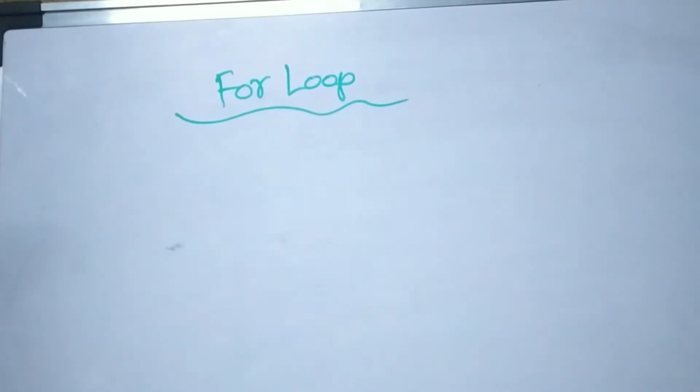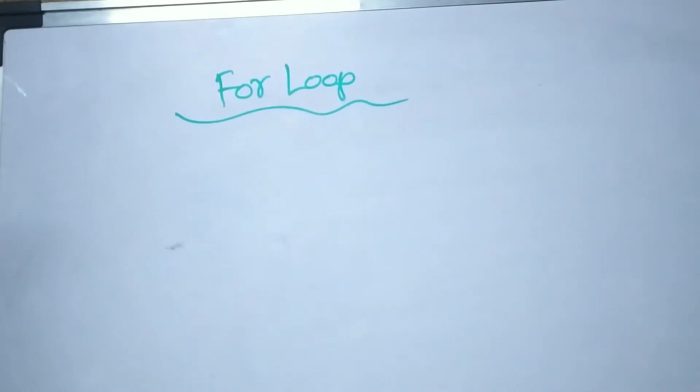So friends, in our last session I introduced you to the concept of loops. So what are loops? Loops are a block of code which executes a particular command repeatedly until the user wants it to stop repeating, and it saves our time and minimizes writing the same code 100 times, 200 times.